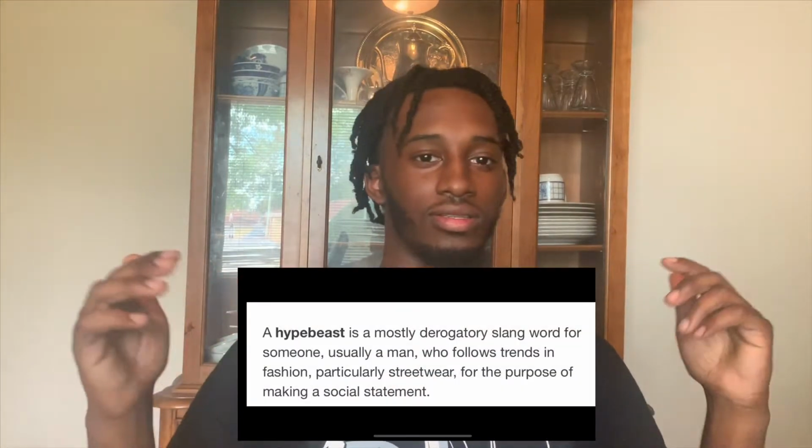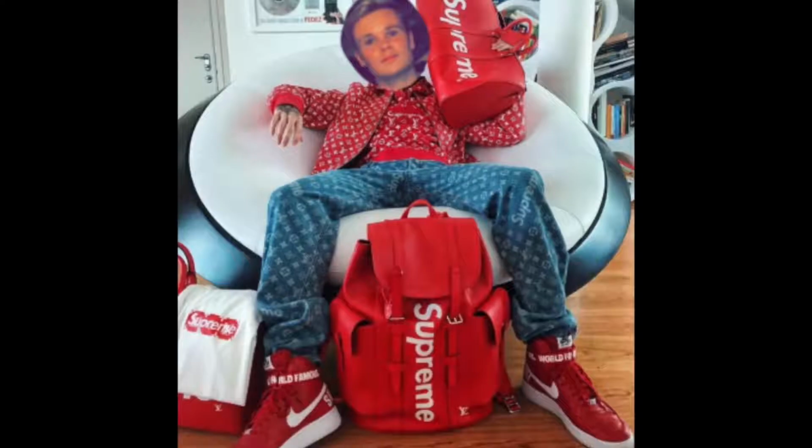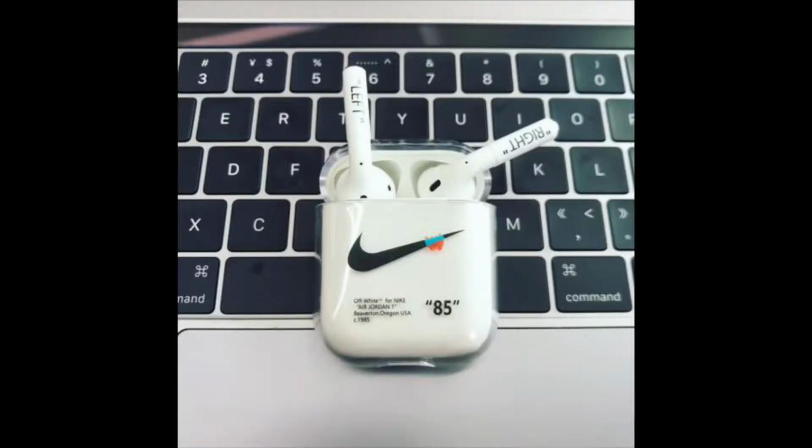All right, so number 8. How do I say this? If you want to dress like a hype beast, if you don't know what a hype beast is, I'll put something right here and tell you what it is basically. In fact, I'll show you some pictures right now. All right, so basically if you want to dress like a hype beast, you can do that, but definitely take